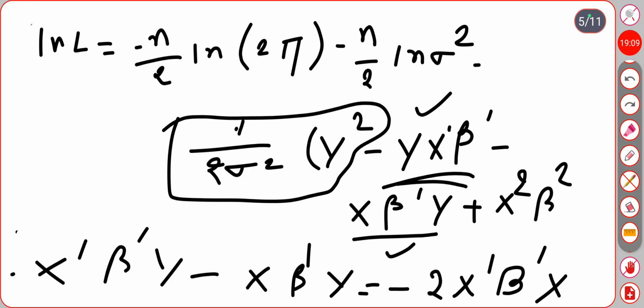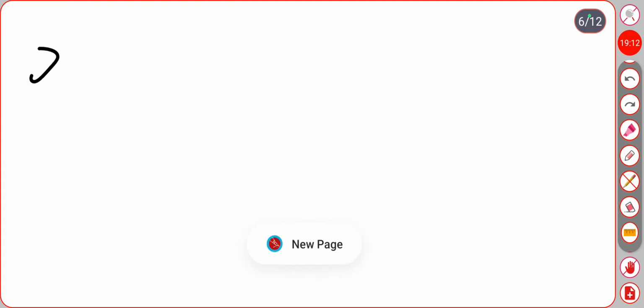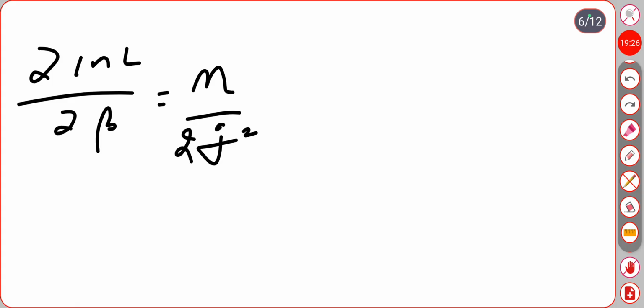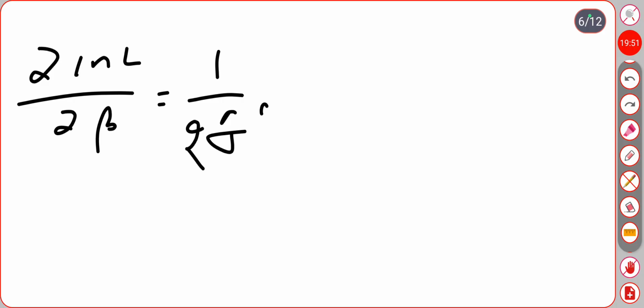Then taking derivative in the next page, and then we get del log L by del beta, it's equal to 2 sigma hat square, first bracket, minus sign is there,